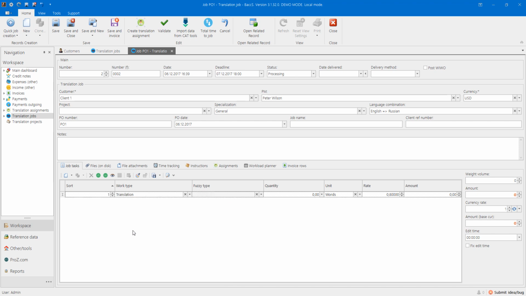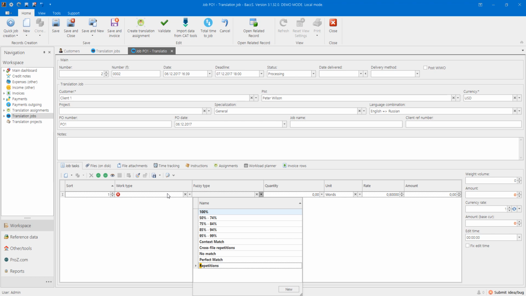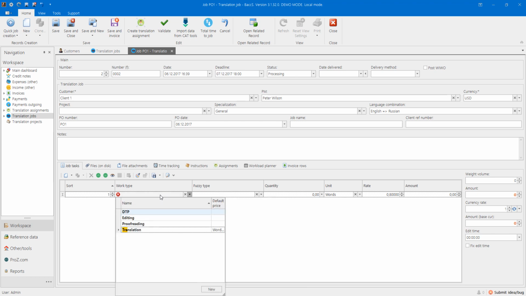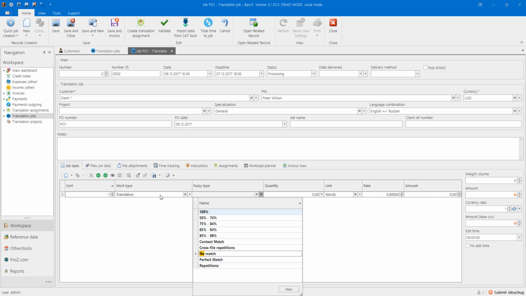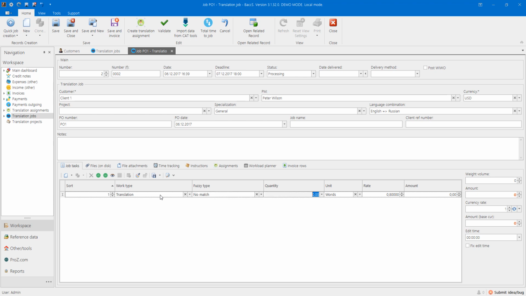As you see, there are a few predefined work types, but you can delete them or rename and create your own work types. Instead of mouse selection, I can type the work type name. Let me delete it, and I'm starting to type another one. This work type is highlighted, so I hit Enter. It is selected. Next, the fuzzy type. Again, I'm starting to type, Enter. I enter the quantity,